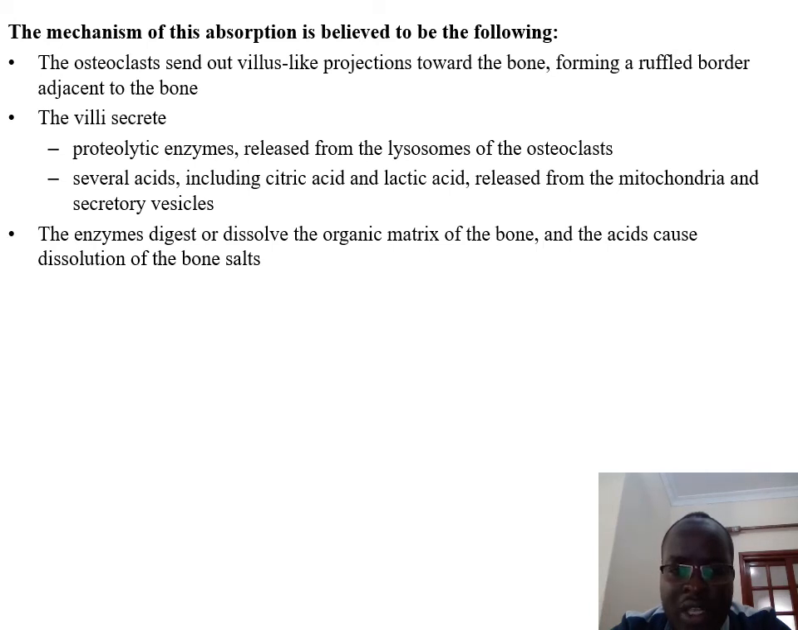So they are secreting a lot of enzymes from the lysosomes. Then they are also secreting several acids, including citric acid and lactic acid. So you can see the citric acid and lactic acid being secreted from the mitochondria and the secretory vesicles by the osteoclast. The enzymes will digest and dissolve the organic matrix of the bone, and the acids will cause dissolution of the bone salts, the minerals. So you need the enzymes to digest the organic matrix, which is the collagen and the ground substance. Then we have the acids that will cause dissolution of the minerals, the salts: calcium, phosphates, magnesium, potassium,